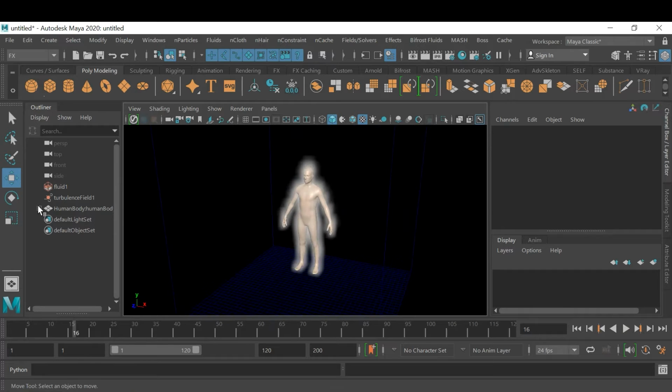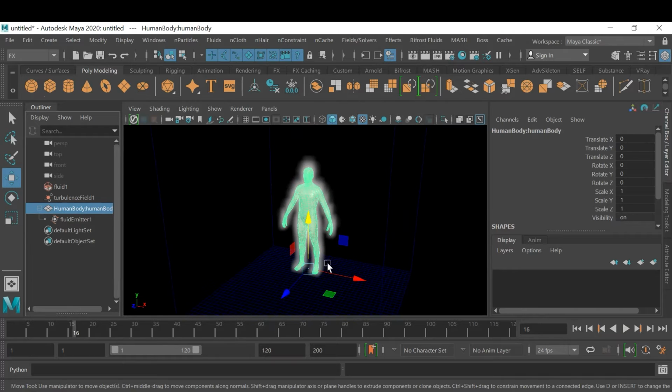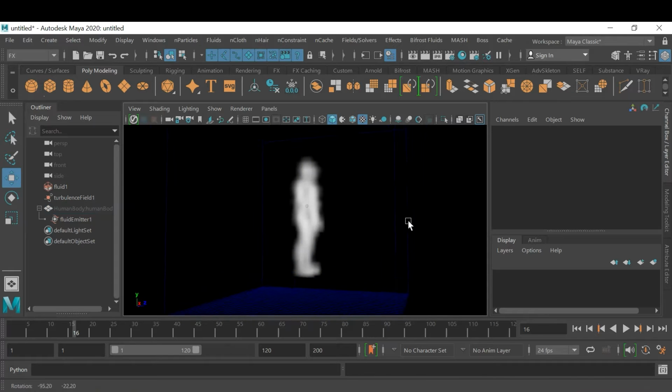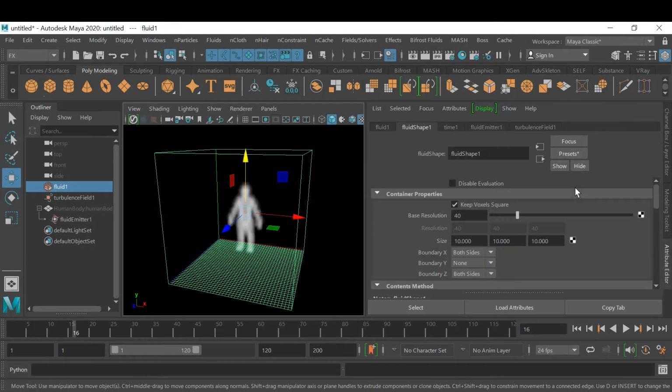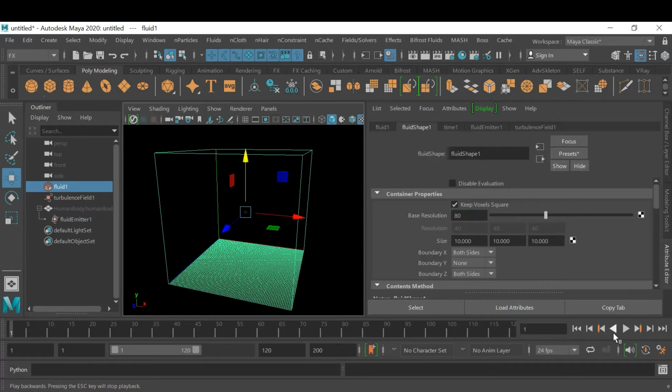Simple. I want to see that particular figure. We just want to see the fluid, so I'm going to hide that object using Ctrl H for hide, and you can see that particular figure is there. And if you just increase the resolution of that particular file's base resolution, you just say 80. So now if you just play and check,